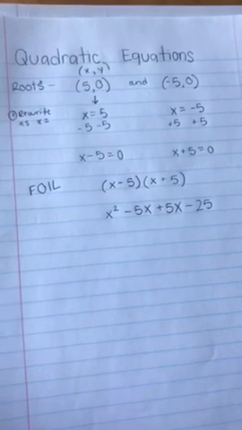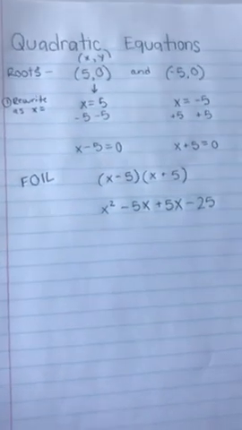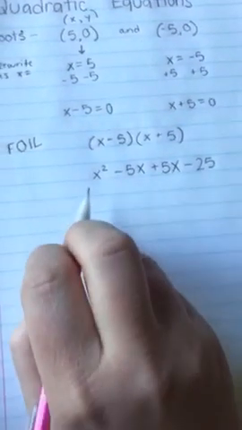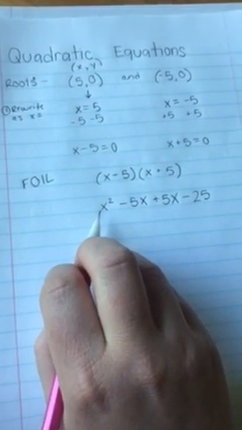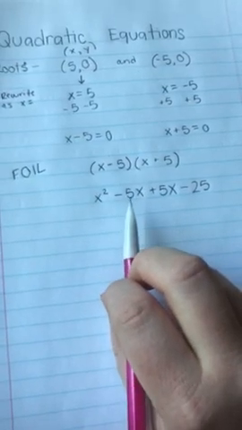Now I need to combine like terms. So I see x squared doesn't have any like terms. There are no other variables that are x variables that are being squared. But here I have -5x and